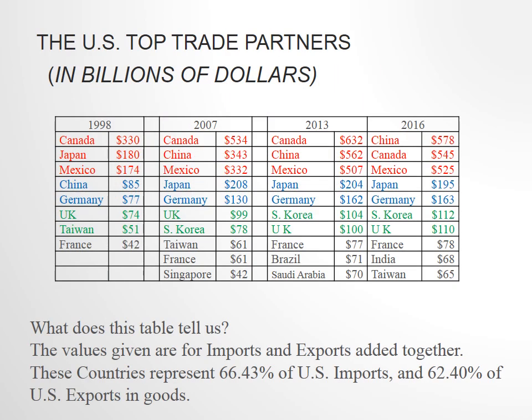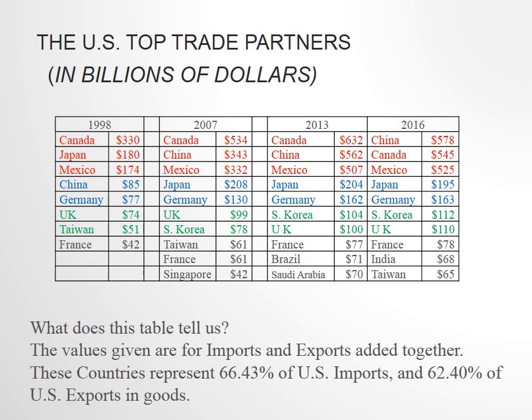So let's look at the U.S.'s top trade partners. Of course, if you look through history, the top trade partners for the U.S. has remained relatively consistent, with most of the adjustments having to do with oil. And that is that as the U.S. has become less and less dependent on foreign oil, the trade partners' total dollars has shifted a little bit. In 2016, China is our #1 trade partner, followed by Canada and Mexico. And of course, Canada and Mexico are influenced by NAFTA.